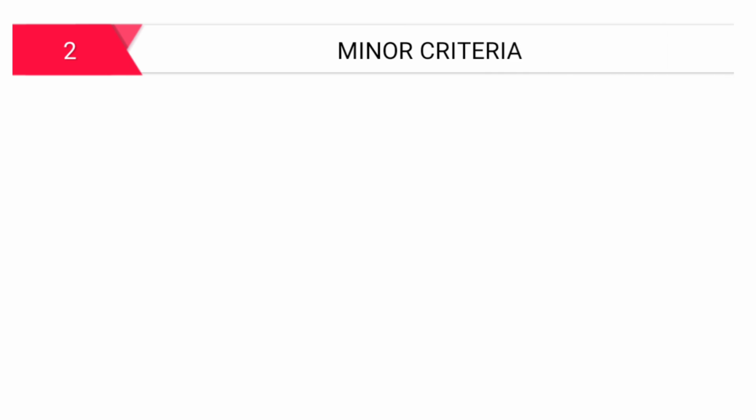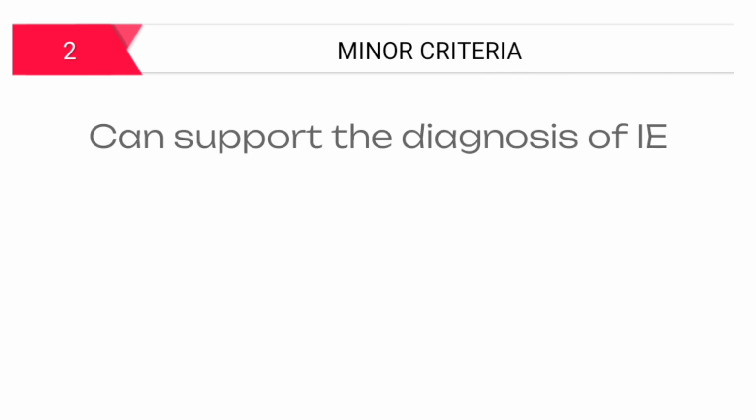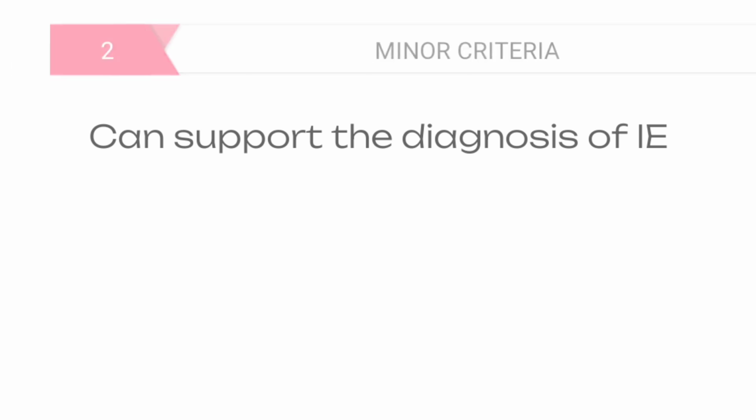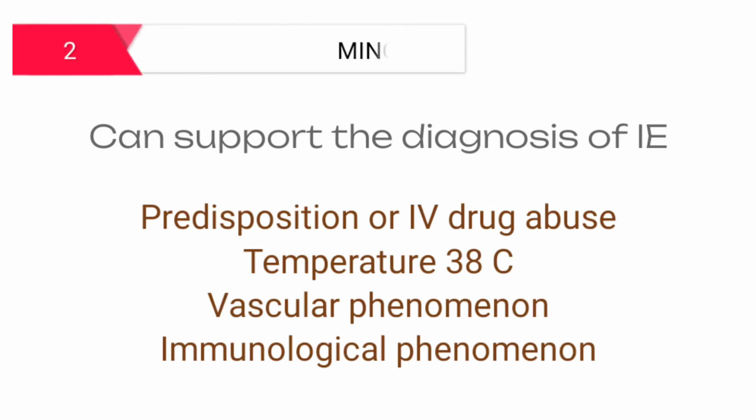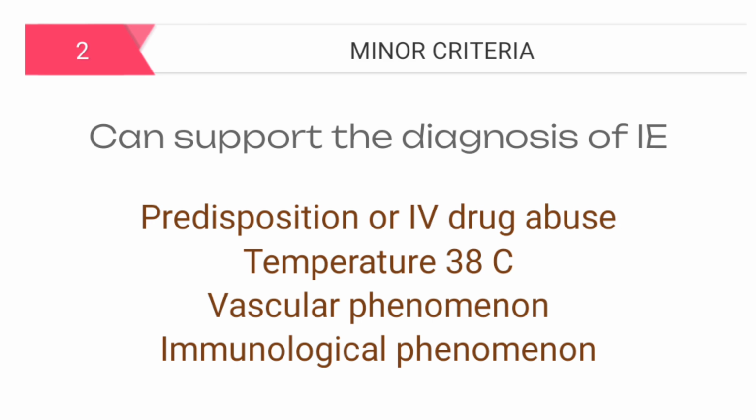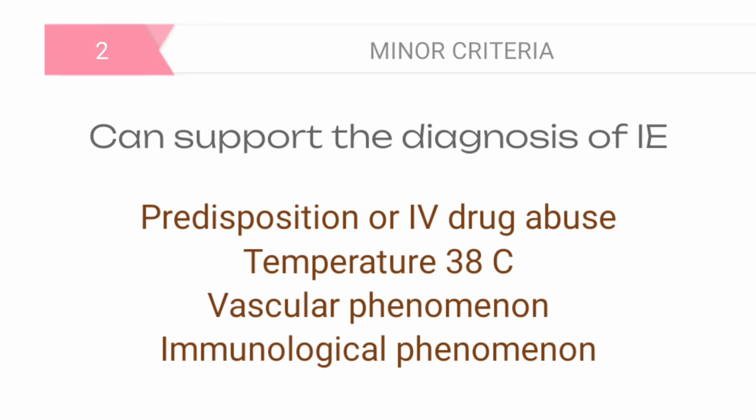Next, we have the minor criteria. These are factors that can support the diagnosis but are less specific. They include predisposing heart conditions or IV drug abuse; fever, temperature more than 38 degrees C; vascular phenomena: major arterial emboli, septic pulmonary emboli, mycotic aneurysm, intracranial hemorrhage, conjunctival hemorrhage, or Janeway lesions; immunological phenomena: glomerulonephritis, Osler nodes, Roth spots, and rheumatoid factor;